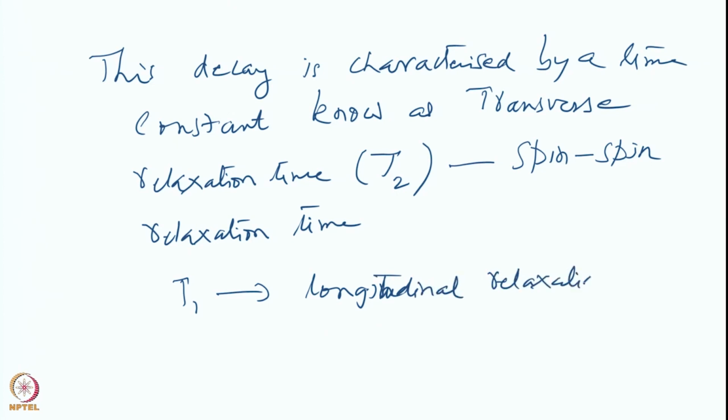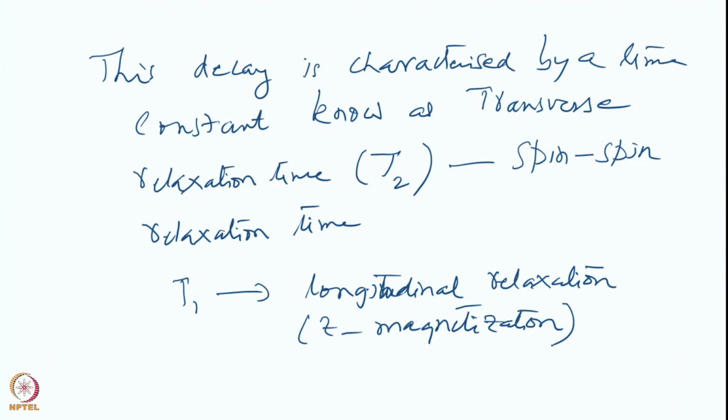Why? Because it has to do with the populations. The populations dictate the Z magnetization, because this is related to Z magnetization, and therefore it is called the longitudinal relaxation time, and the transverse relaxation time has to do with the spins